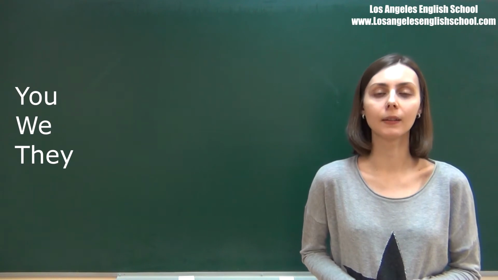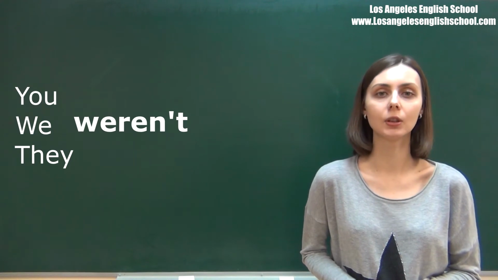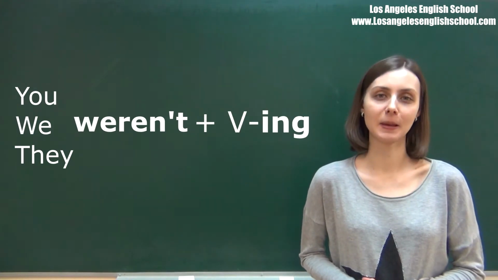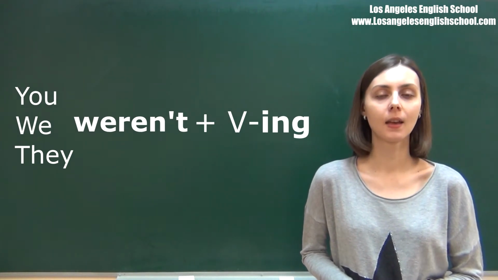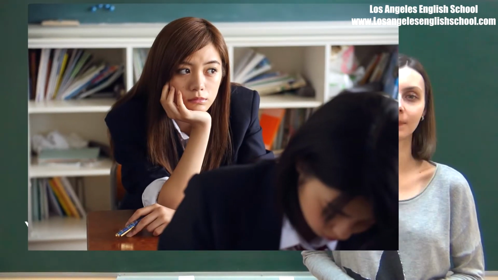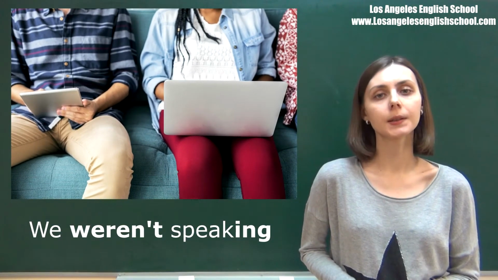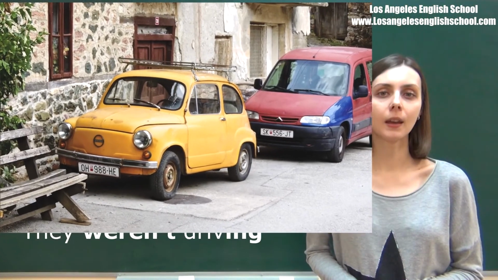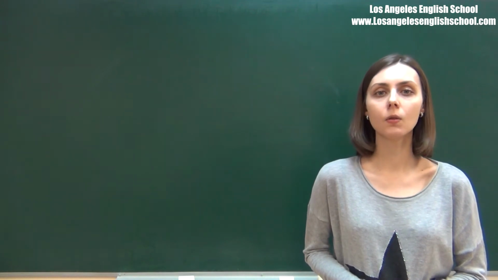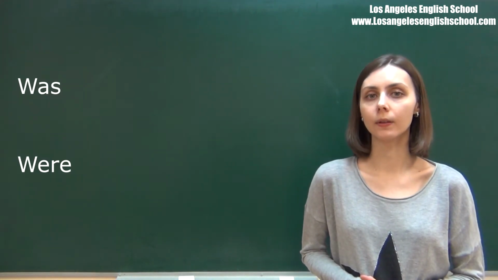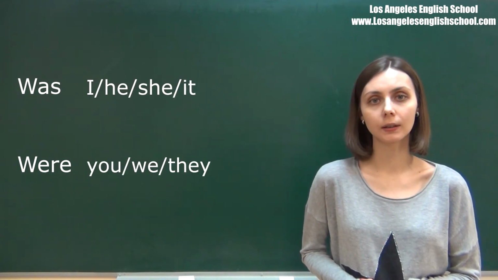For you, we, and they, we need to use weren't plus the verb with the ing ending. Will you repeat after me? You weren't. We weren't. They weren't. You weren't listening. We weren't speaking. They weren't driving. To make yes or no question, you start with was or were, and then a subject and